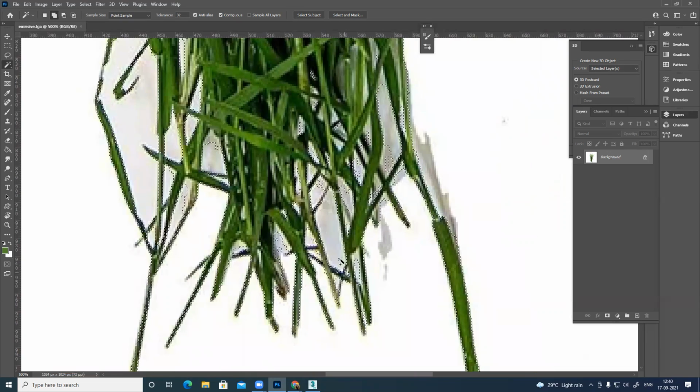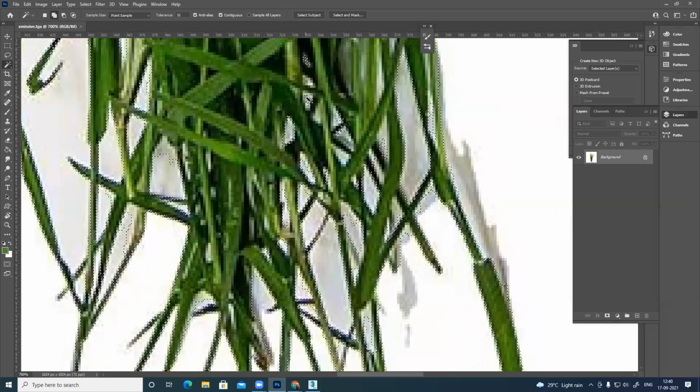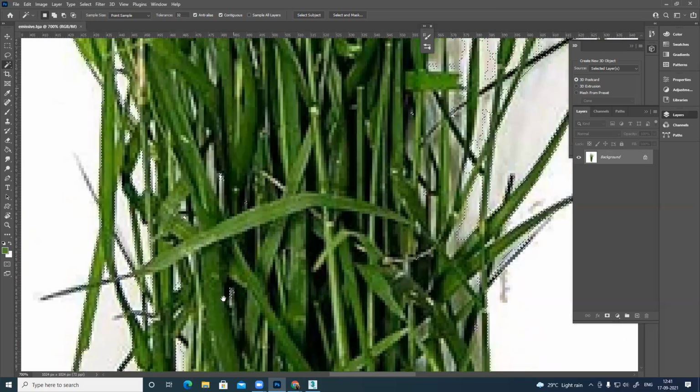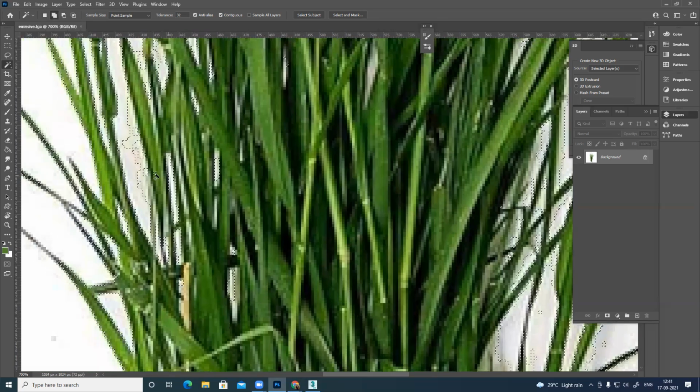Make sure all the shadows and all these things are not there. Yes.